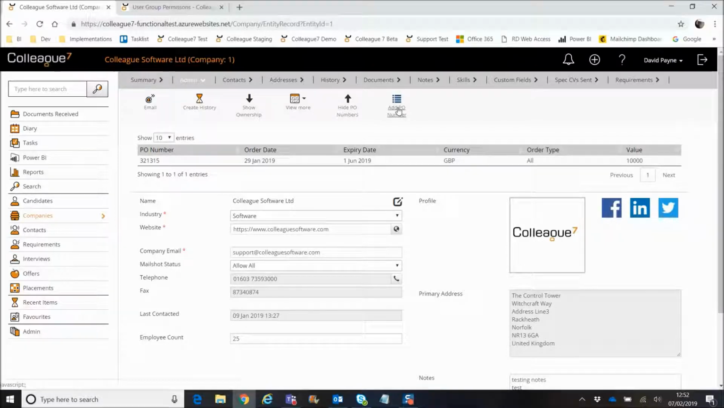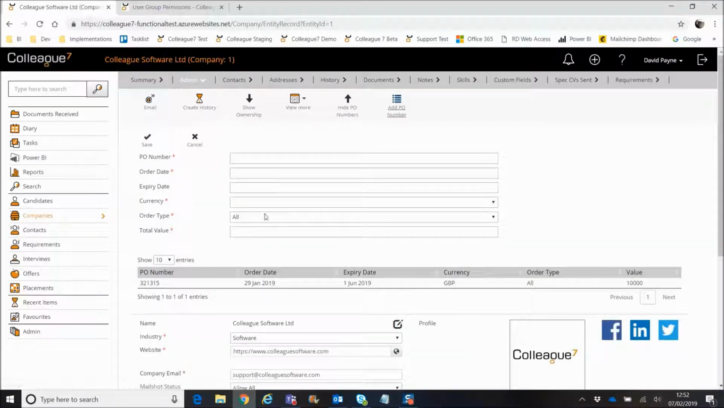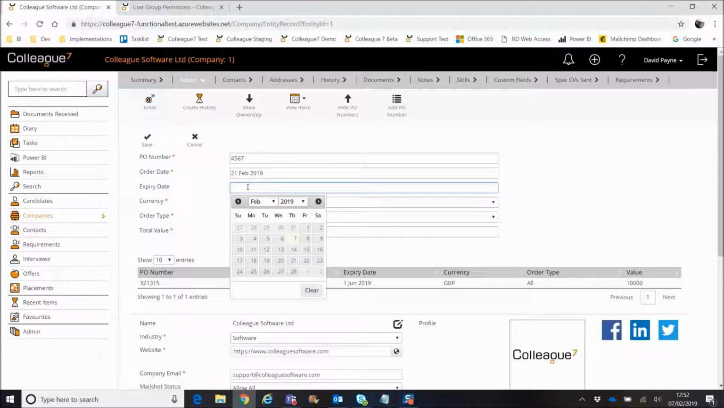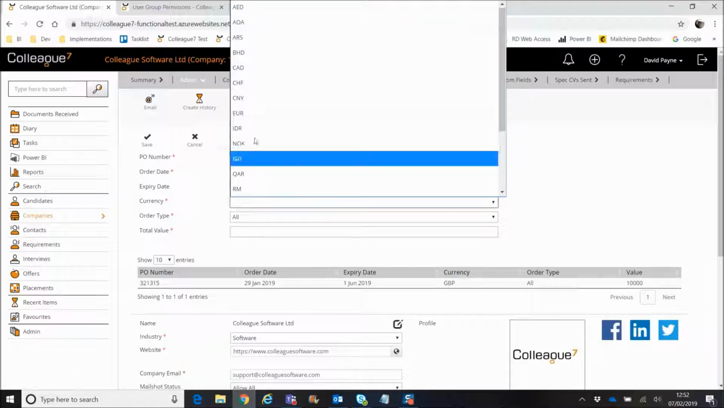And if we want to add a PO number, then we could just hit add, and then it will bring through, and you'll have the option obviously to set different PO numbers. So I'll set just a generic PO number here, put an order date associated with it, give it an expiry there, set a currency,